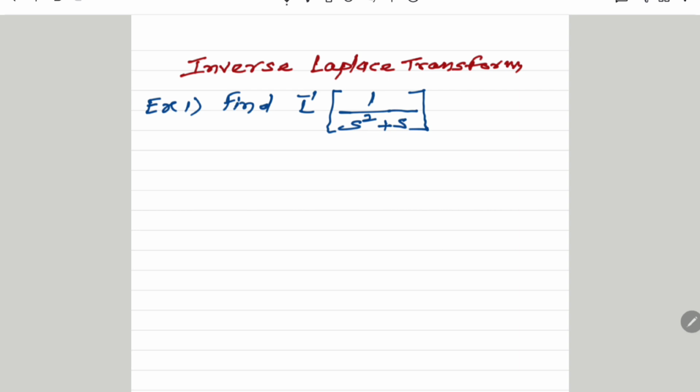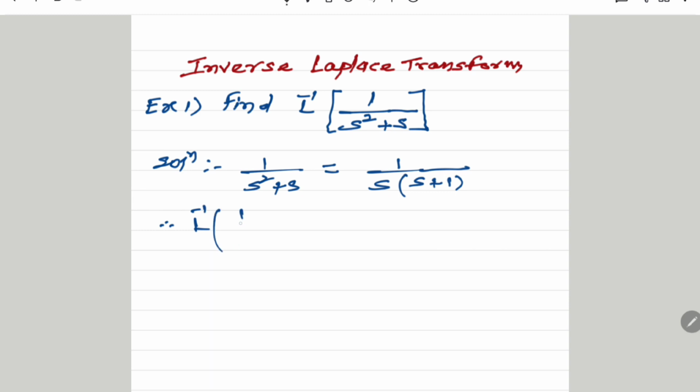First example, find inverse Laplace of 1 upon s square plus s, and to obtain its solution we rewrite that term 1 upon s square plus s, taking s common from these two terms. Remaining terms are s plus 1, and therefore inverse Laplace of 1 upon s square plus s is nothing but inverse Laplace of this new term 1 by s multiplied by s plus 1,